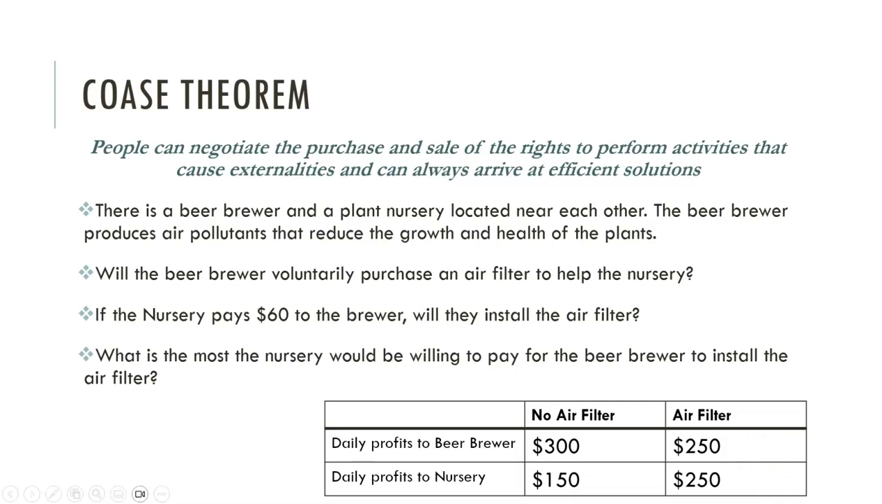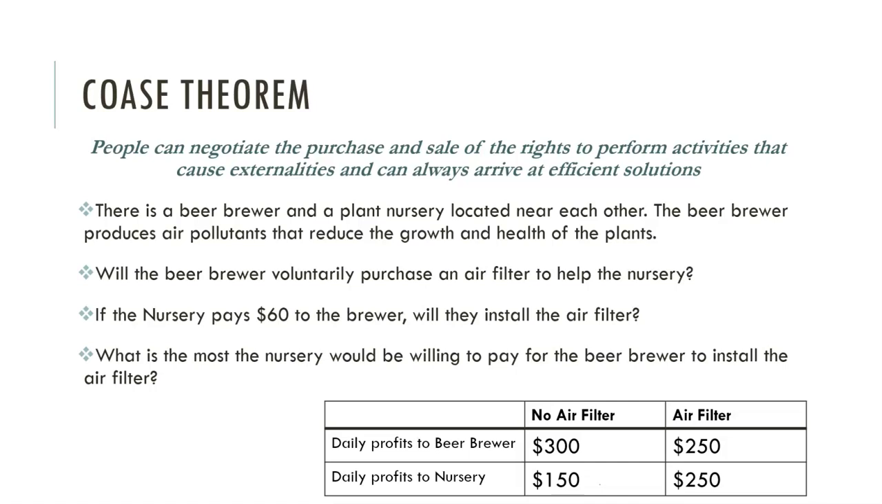Whoever owns the property rights is going to get the greater benefit. So if people have the right to pollute, in this case, the nursery is going to pay the brewer to put in the air filter. If they have the right to clean air, then the brewery is just going to have to put the air filter in. The nursery won't have to pay them anything, and they get the greater benefit. So whoever owns the property right is going to benefit more. But either way, you can get to an efficient outcome if you say there's a right to pollute or there's a right to clean air, as long as there's this difference in